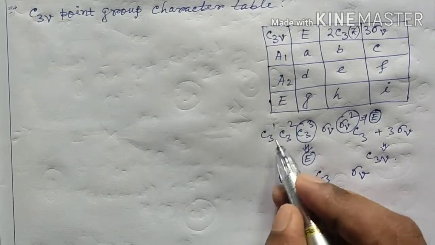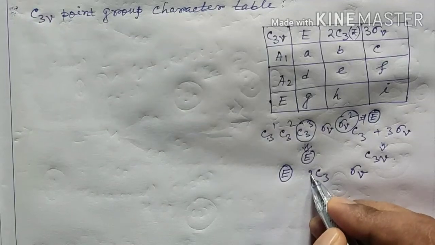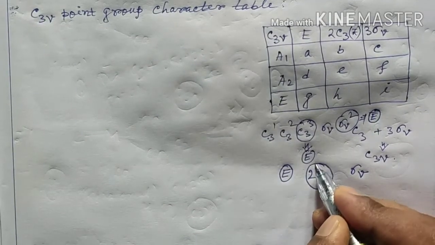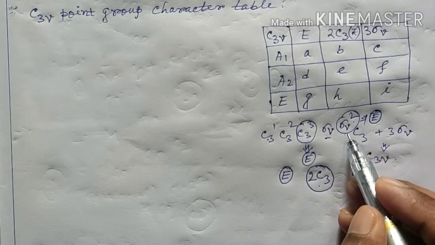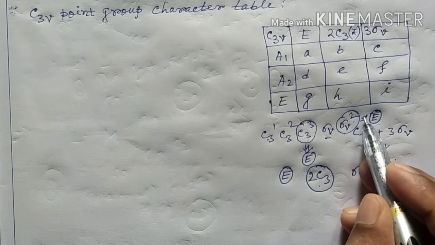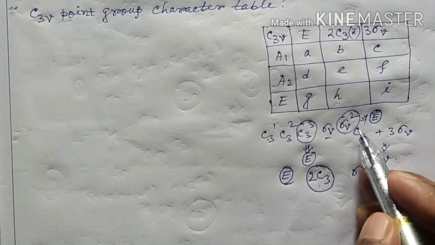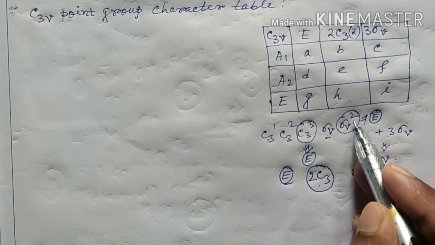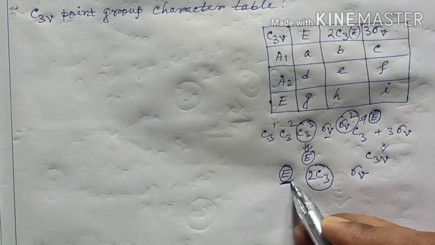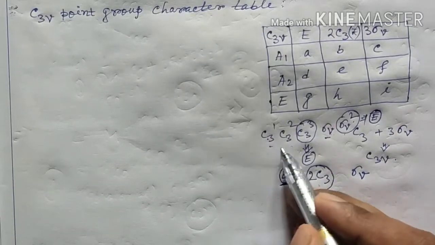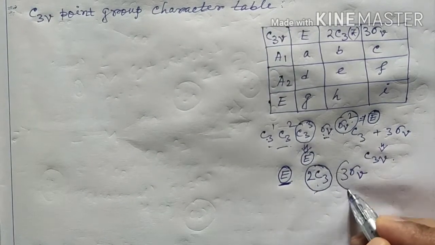Here we can see that there are two symmetry operations, C3^1 and C3^2. So in case of C3 there will be two symmetry operations, and in case of sigma V, one is sigma V, another operation is sigma V square, and this sigma V square is identical to the identity operation, and it is taken there. So in all three cases we cannot add this third sigma V square operation. It is equal to identity and it is considered there. So one identity, 2 C3 operations, and 3 sigma V planes.